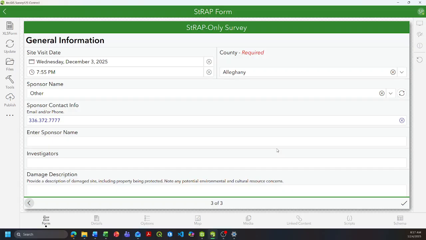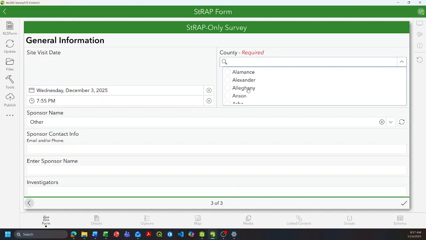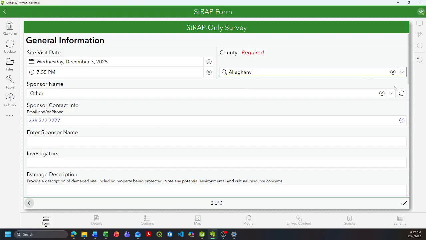The third page has the rest of the general information for the survey. You can update the site visit date if you're collecting it at a different time than when you first started the survey. And you can select your county. There's a drop-down list, and when you select a county, it will automatically